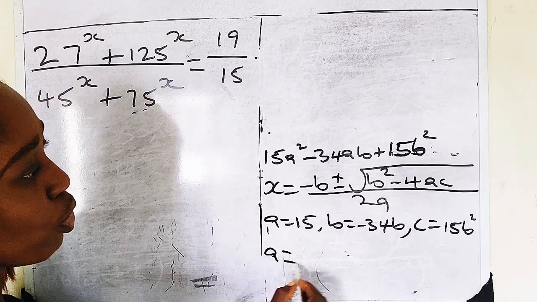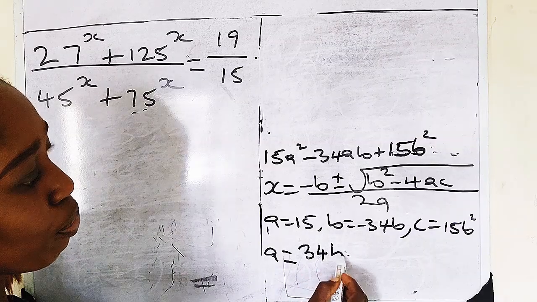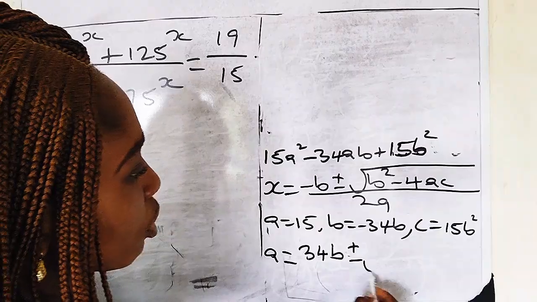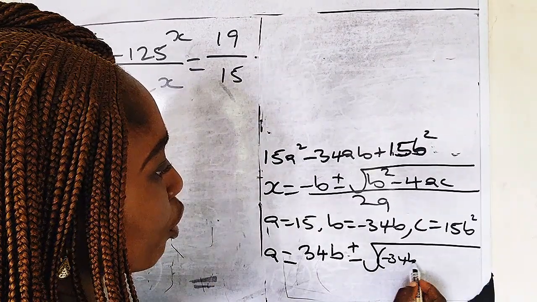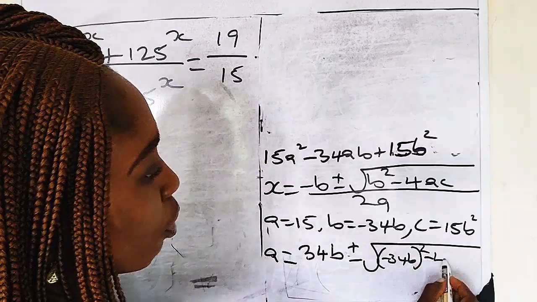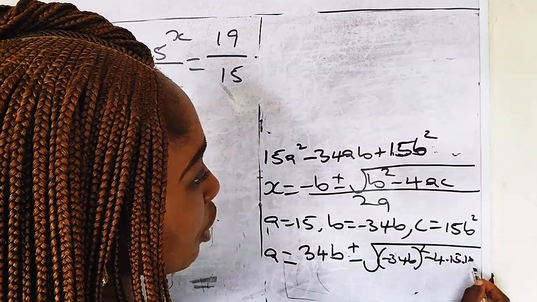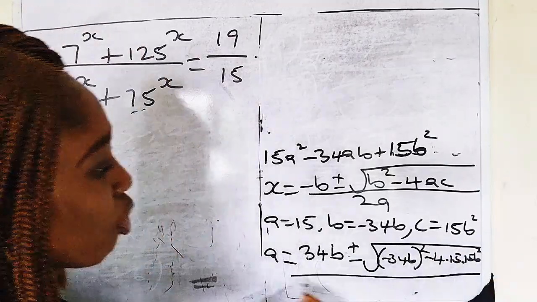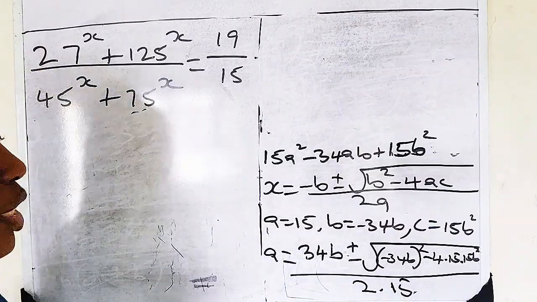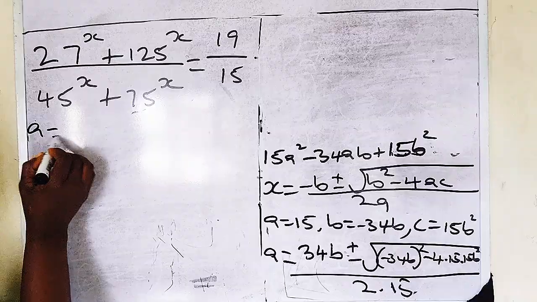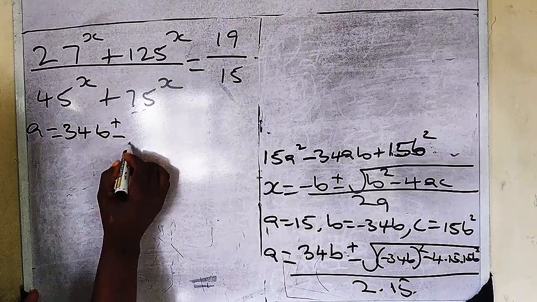Substituting these parameters into our formula, we have that our A, we are looking for A in this case, is going to be equal to minus b. Minus 34B is plus 34B plus or minus the square root of b squared, which is minus 34B squared, minus 4 times our a, 15, times our c, 15B squared, all over 2 times a, which is 15. So our A will now be equal to 34B plus or minus the square root